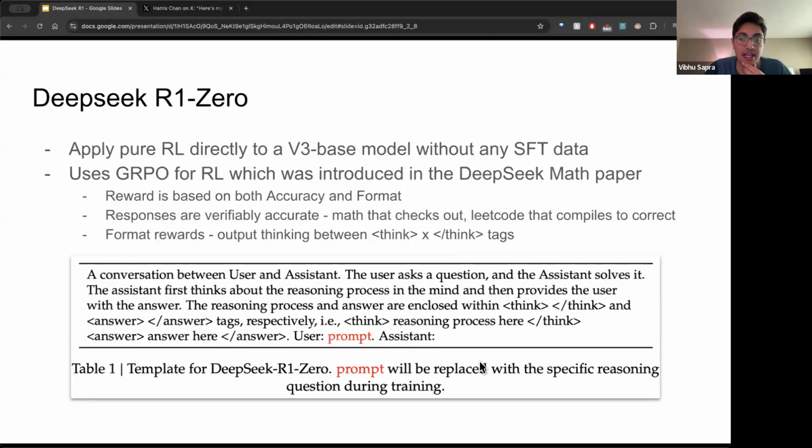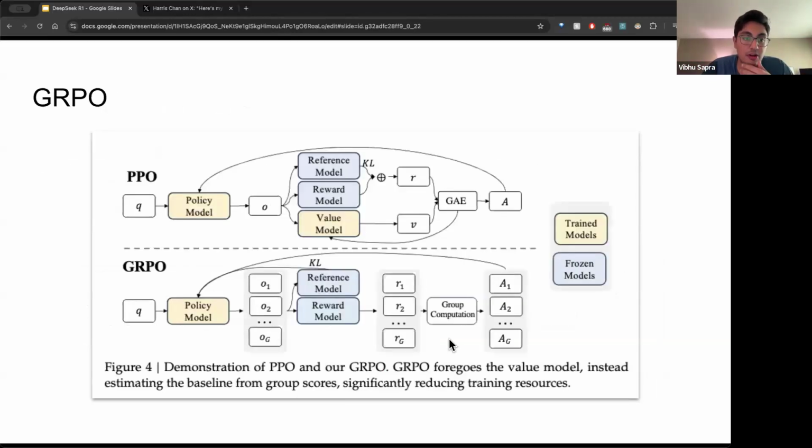This is what the prompt looks like that they train with. So this is the template prompt, right? A conversation between user and assistant. The user asks a question, the assistant solves it. The assistant first thinks about the reasoning process in its mind, then provides the user with an answer. The reasoning process and answer are enclosed within think tags and answer tags respectively. So think goes here, answer goes here. Then the assistant, when you answer, the model is prompted to answer with, okay, here's my thinking, here's my reasoning process, here's the end of my think tag. Here's an answer tag, here's my answer, here's the end of the answer. Then you do a bunch of training with just pure RL. Here's the formula for all this. Here's a cool little chart.